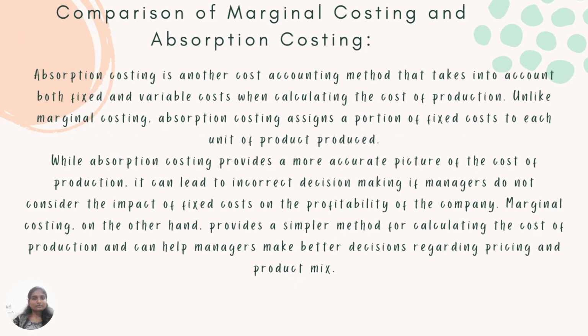So, comparison of marginal costing and absorption costing. Absorption costing is another cost accounting method that takes into account both fixed and variable costs when calculating the cost of production. Unlike marginal costing, absorption costing assigns a portion of fixed cost to each unit of product produced. While absorption costing provides a more accurate picture of the cost of production, it can lead to incorrect decision making if managers do not consider the impact of fixed costs on the profitability